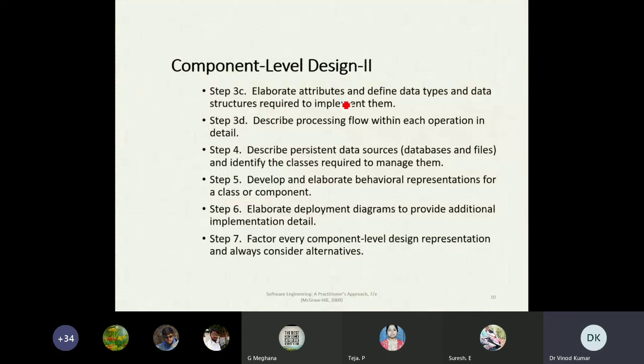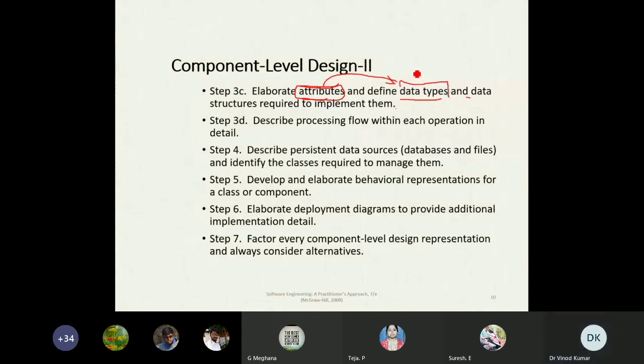Elaborate attributes and define data types and data structures required to implement them. Attributes means whatever variables we have taken, and for each attribute you are using, you need to select an appropriate data type.